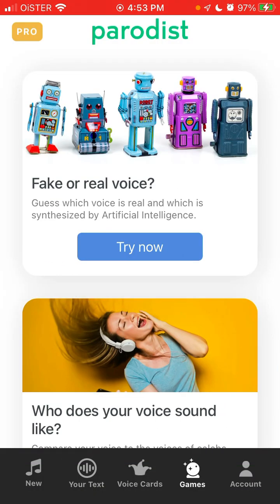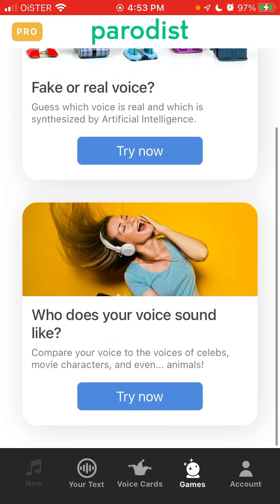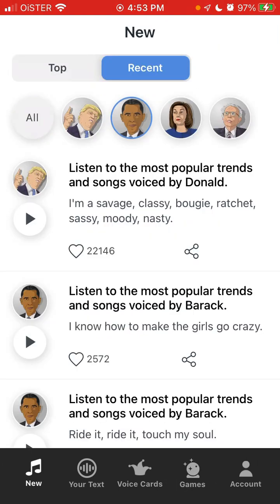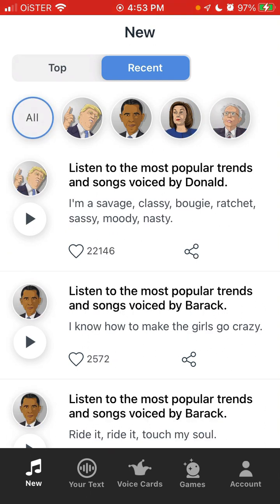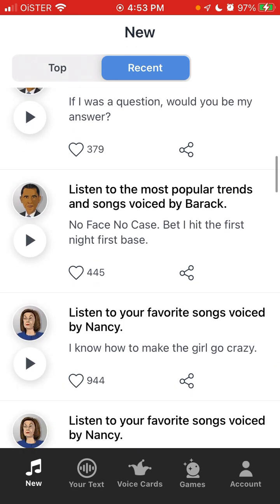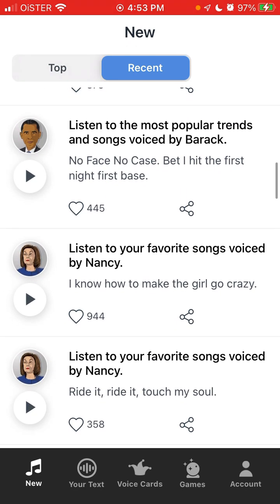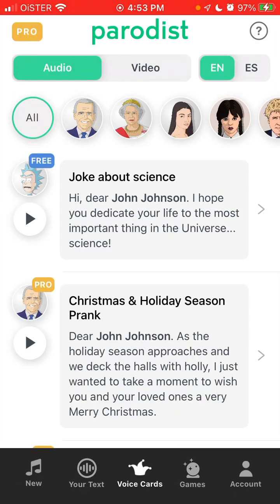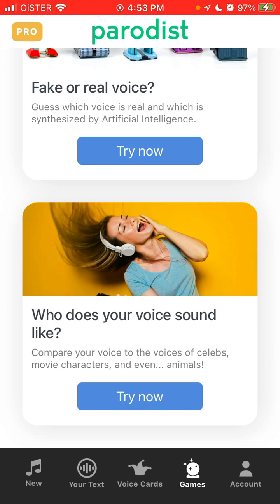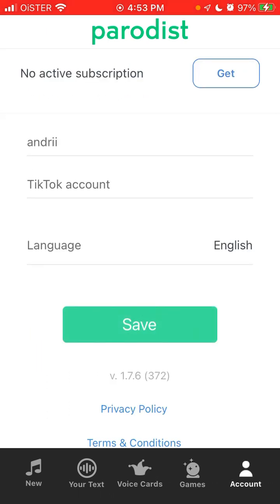There are some games which you can try out. There are some different accounts. I don't see how many celebrities you have here. In the free version you only have this, and for free you can just explore these ready phrases, and then you have your text, then you have voice cards, and then you have games, and then there is your account.